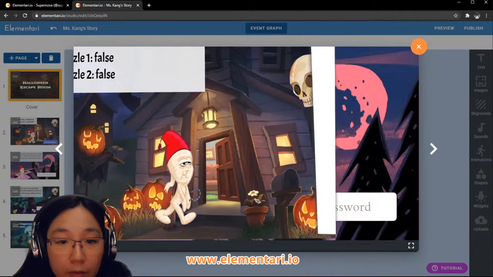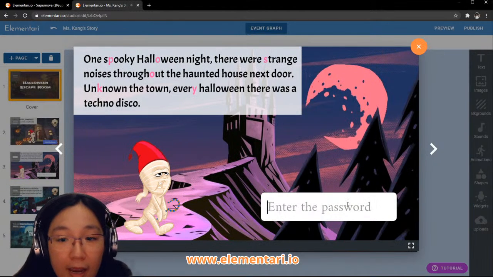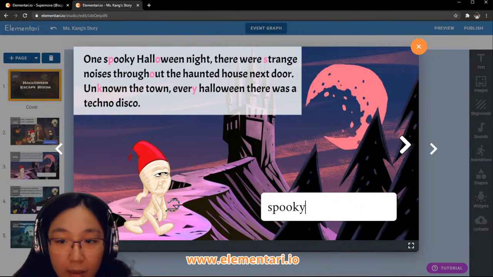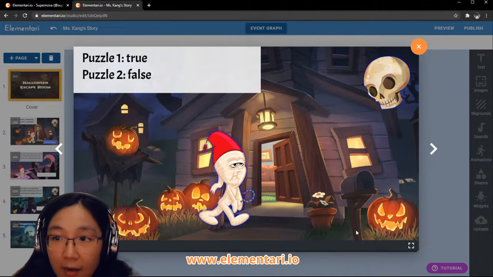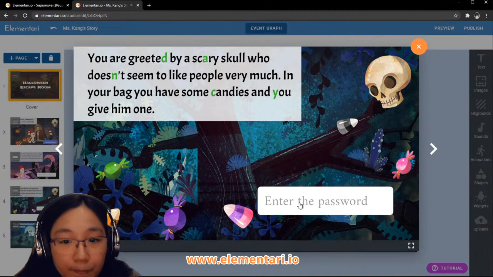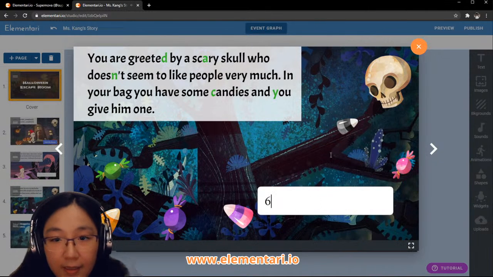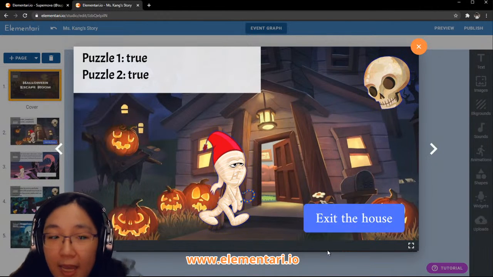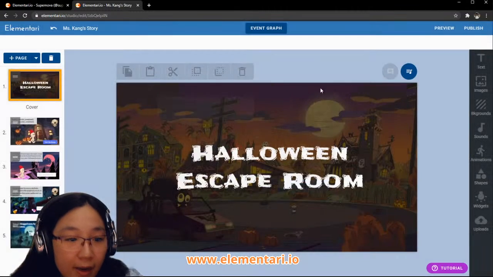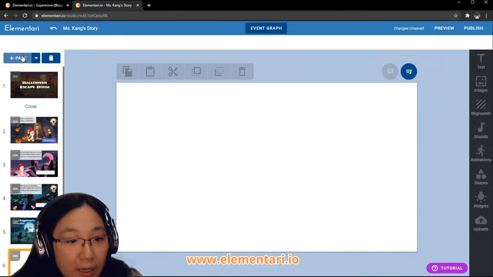So I'm going to go and click on him, enter the password. This password was Spooky. Okay, puzzle 1 is true, puzzle 2 is false. I don't see the button, and that's completely normal because I need to answer puzzle 2. The answer to this is 6, and puzzle 1 is true, puzzle 2 is true, and now my button appears. And now I can click on the button and I guess go to page 6,